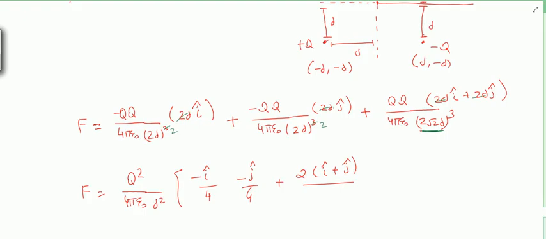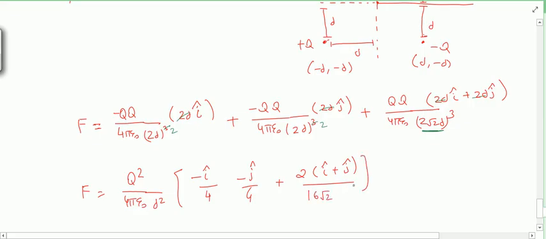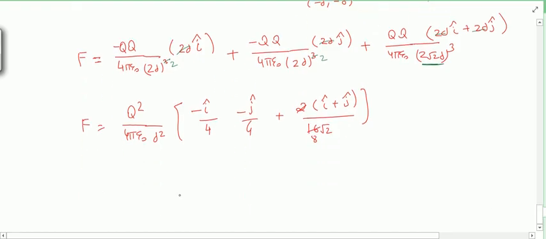So it will be solved as 16 root 2. So I have to just solve this, and when I solve this, it will be 8. Okay, so here it will be 8, and you can see that if I take the i component here plus, the i component is 8 root 2, and here minus j cap by 4 plus j cap by 8 root 2, and if you solve this,